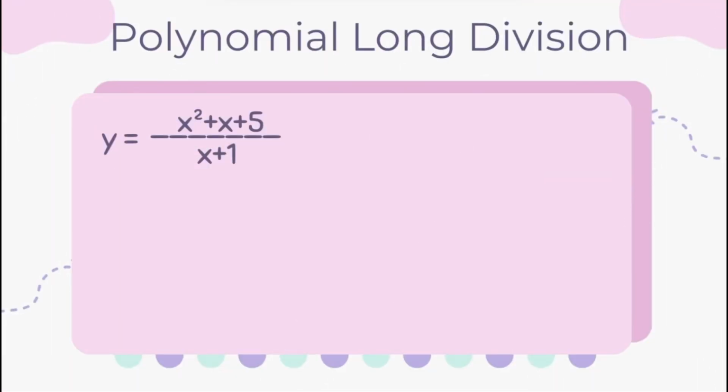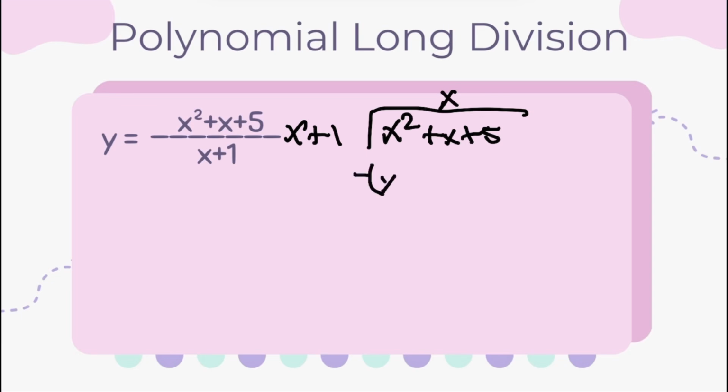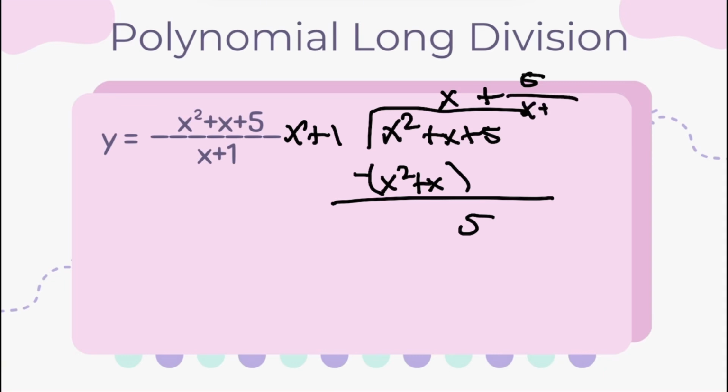Something that's new is polynomial long division. First you write it here, and you write this, x plus 1. First you see how many x plus 1s will fit into x squared. If you multiply x, then you will get x squared plus x. Then you have to subtract that from here, so you'll end up with 5. There is nothing that can be multiplied to x plus 1 to get 5, so we write our result with the remainder over our divisor. So our answer is